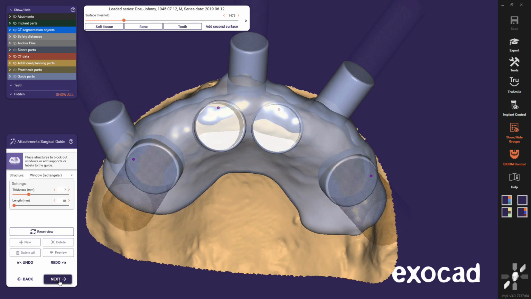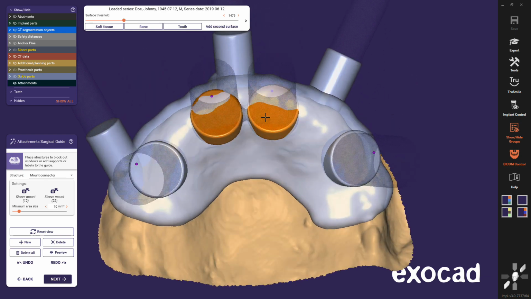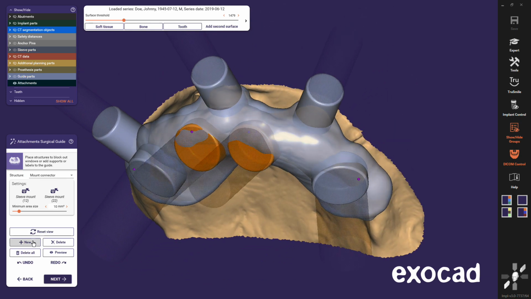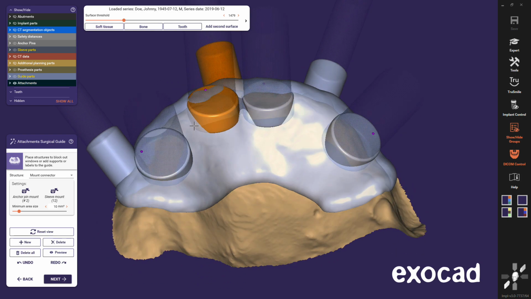In the next step, I can place attachments to the surgical guide. A new attachment type for Exoplan 3.0 Galway is the Mount Connector attachment. Just click on two mounts that you want to connect, and the software adds a connector. If the mounts are close enough, the connector gets a nice organic form.